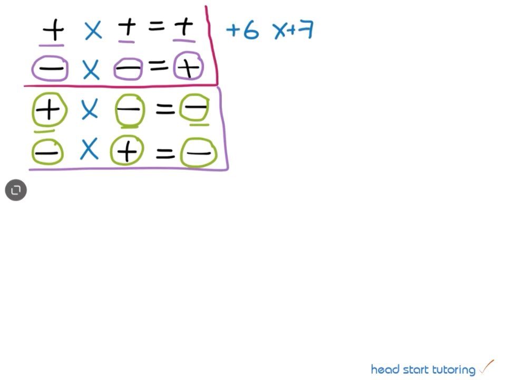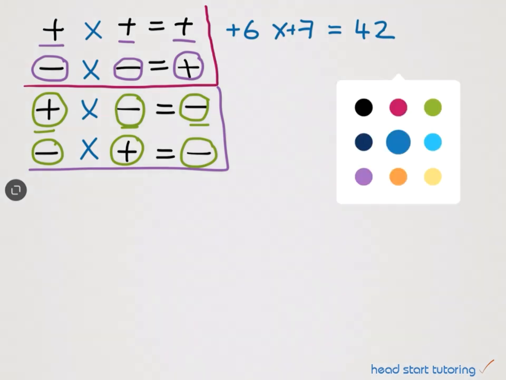Because we don't put the signs in there, we assume that they are positive. And we know that 6 multiplied by 7 is equal to 42. Right, so if we now have a look at